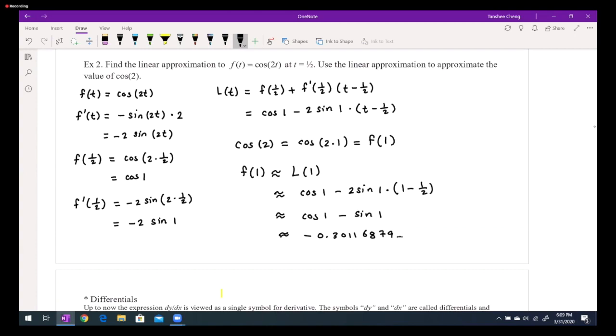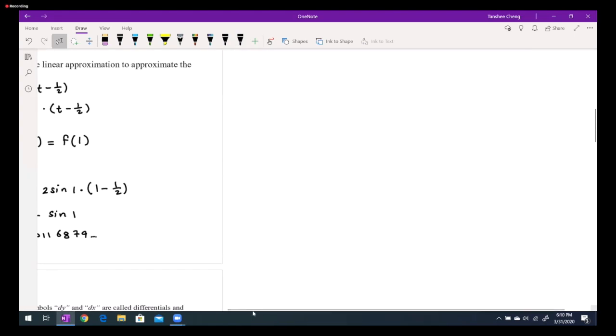And that's basically helps us to get the value. Now, what you want to do is use your calculator and compute cosine of 2, to see whether this linearization's approximation is close enough or not. Right? And remember that this linearization function is